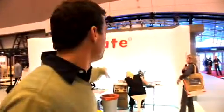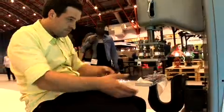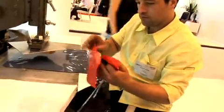15 years ago, Inflate were one of the first exhibitors at 100% Design. They've made everything from inflatable teacups to lampshades. They've brought the tools in that they often use to make their products, and they've designed an idea of making a special show edition keyring, and you can bring to them an object, a business card, anything you want to turn into a slightly talismanic kind of memory, and give it to them, and they will encapsulate it into an